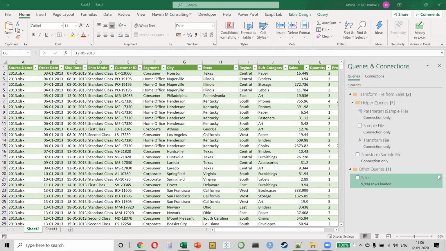Will it be combined? Of course it will, but there are lots of factors that you have to keep in mind. If the column names are matching, then it will combine. If the column spellings are different, like in one it is called customer ID and in the next one it is called CUST ID, then it will not combine. But if the number of columns are different, that's okay. It doesn't matter. There can be a null value or a missing column, and that will not cause a problem.